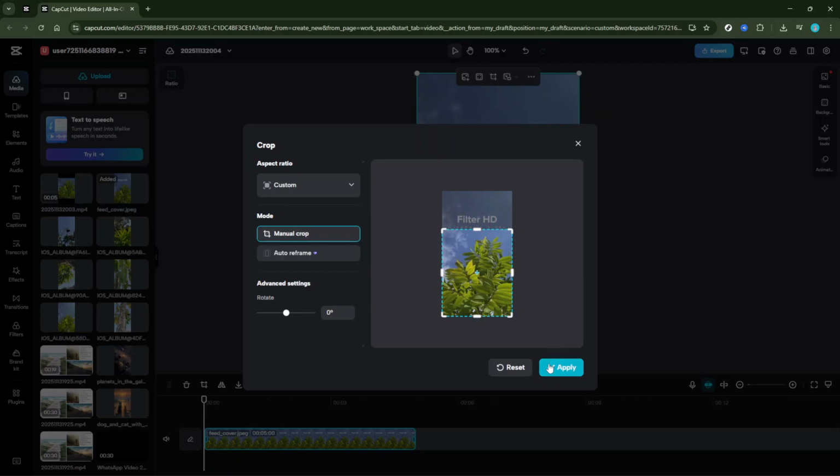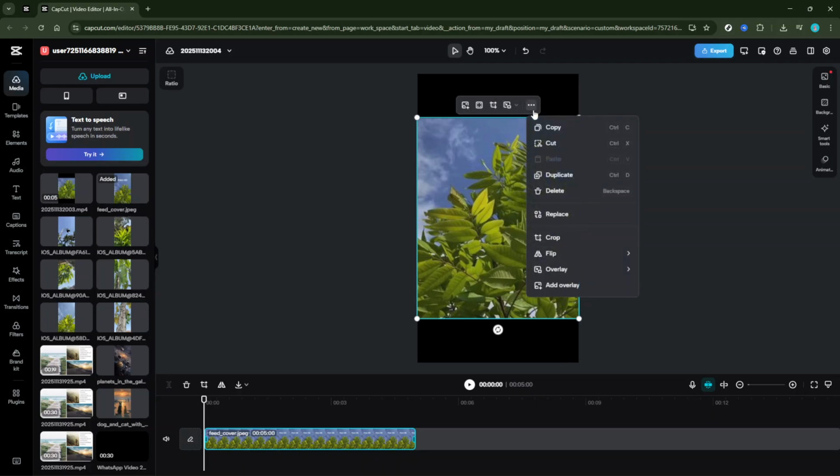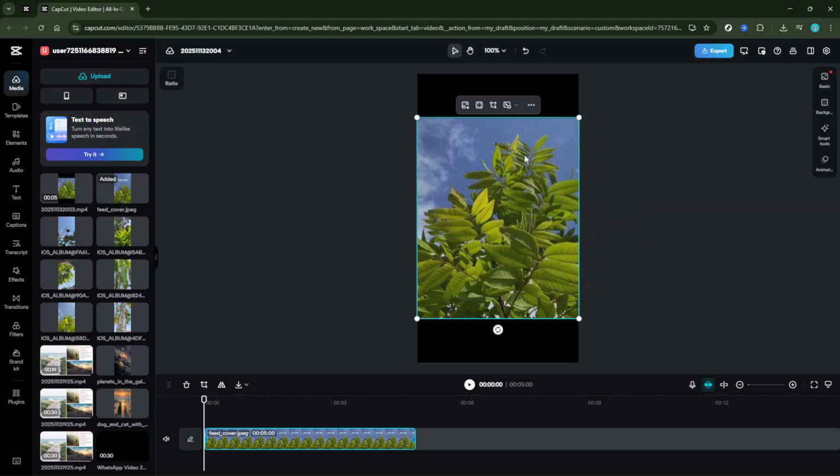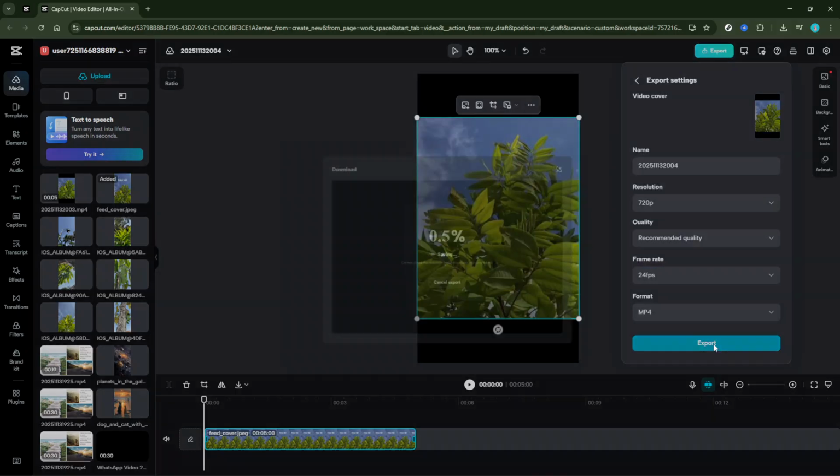If cropping is too drastic or not suitable for your project, an alternative method is to add an overlay, sticker, or blur effect over the area where the text appears. CapCut offers an array of overlays and stickers, which you can find in the resources library. By placing one of these over the text area, you can conceal it and maintain the original frame size of your video. If you choose to use a blur effect, it will obscure the text while retaining the overall aesthetic of the video. Make sure you adjust the overlay, sticker, or blur to suit your video's style.